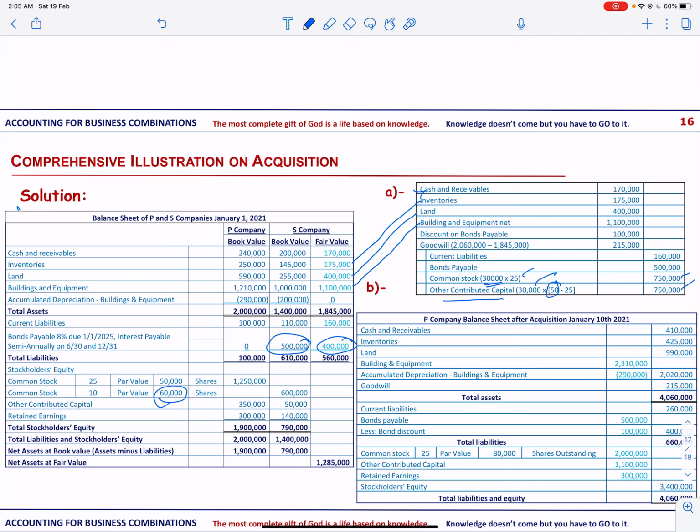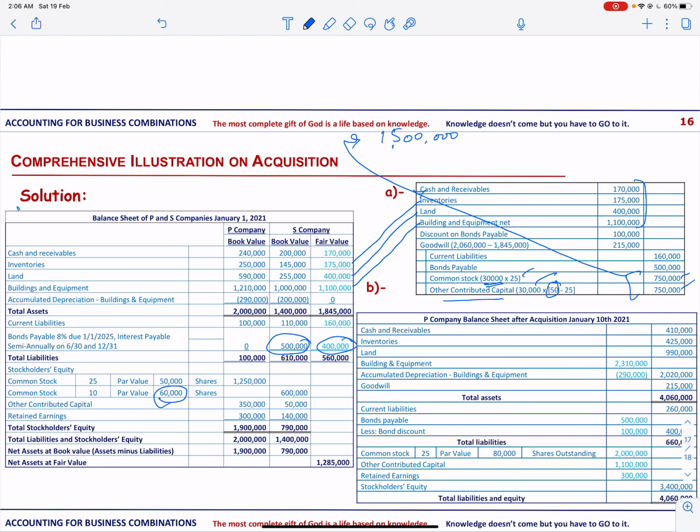So the sum of common stock and other contributed capital is 1,500,000,